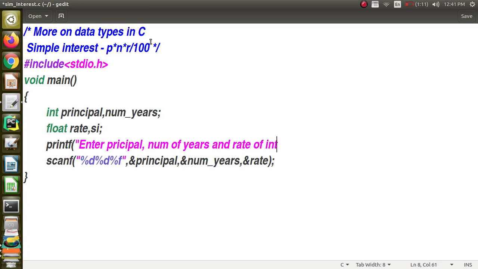Okay, so you have to use a semicolon at the end of the statement, that is a must. Now I am going to calculate the simple interest. So the formula is P into N into R by 100. If you want, you can use parenthesis, otherwise you can just ignore it, because as per the rule of the